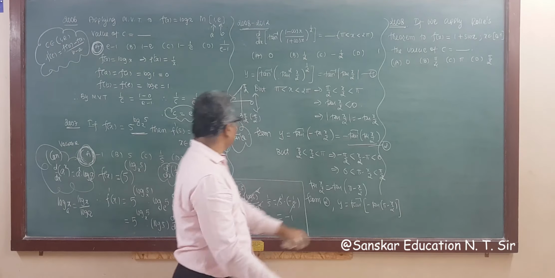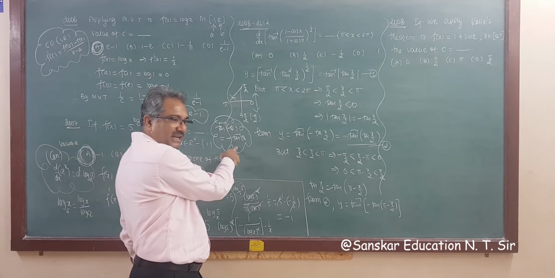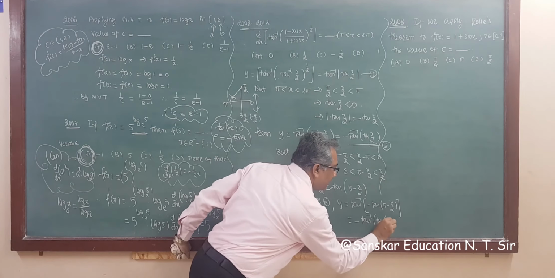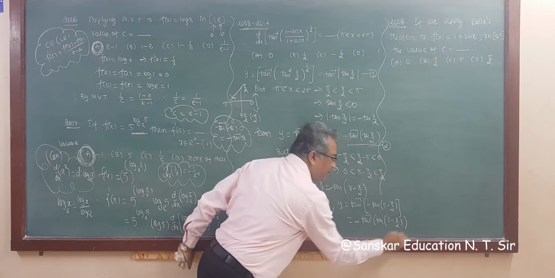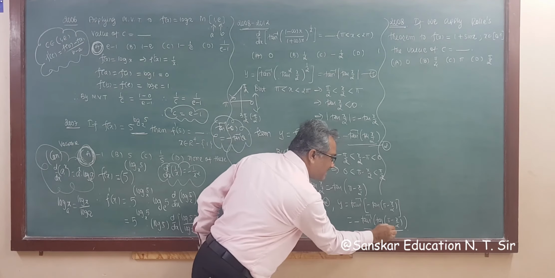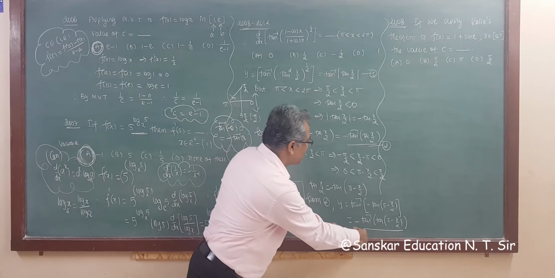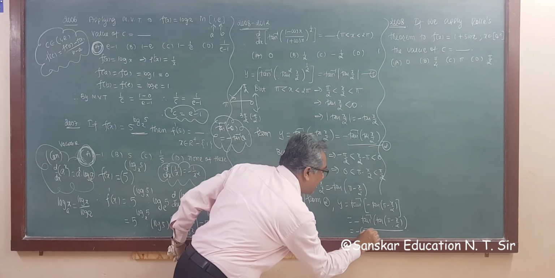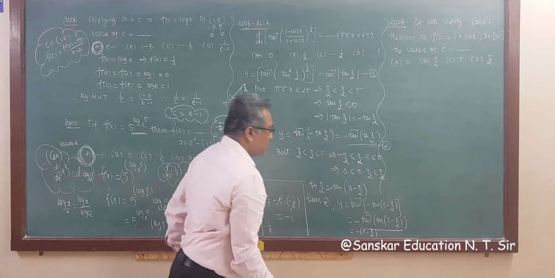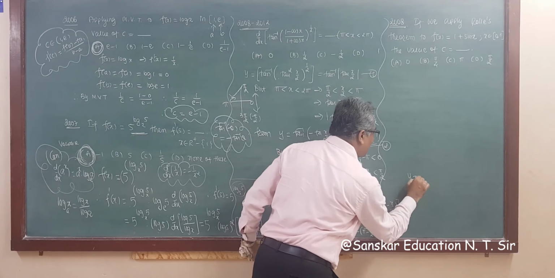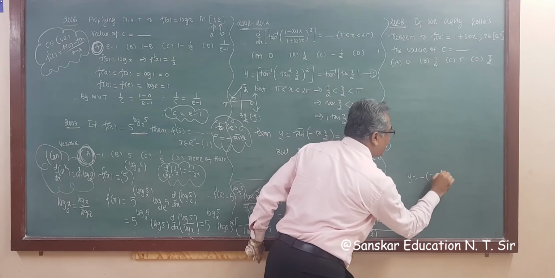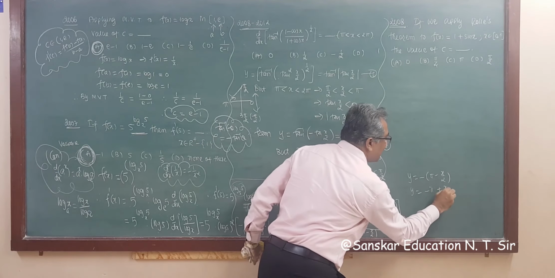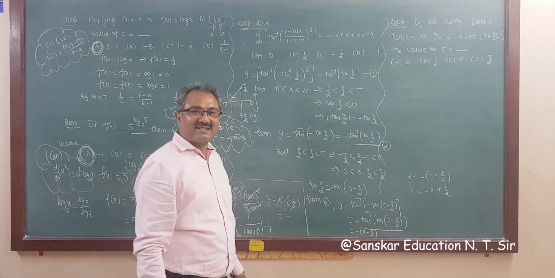Now tan inverse of minus theta again. Tan inverse of minus theta is minus tan inverse theta. So what is your answer? Minus tan inverse tan of pi minus x by 2. Now the answer of this is this, if this lies in the range of tan inverse, right? So the answer is minus of pi minus x by 2. So y is equal to minus of pi minus x by 2. So multiplying minus, what do we get? Minus pi plus x by 2. So this is your simplification.